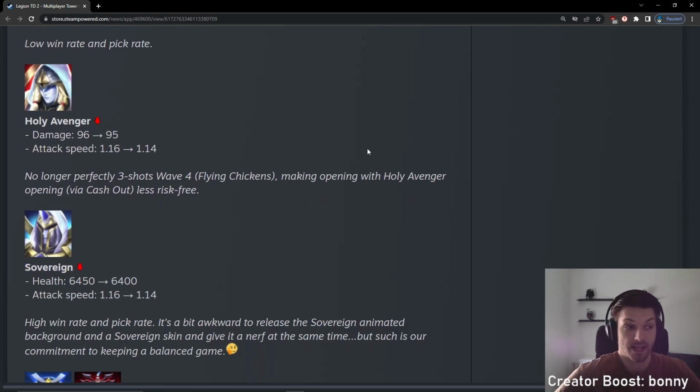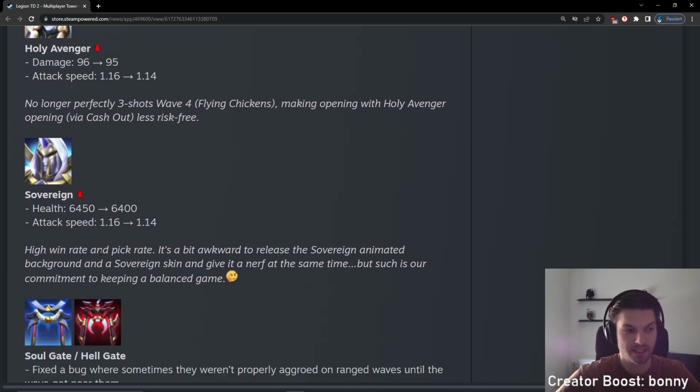We have Avenger and the Sovereign getting nerfed once again, a little bit of attack speed nerfs on both of them. Then we have a damage nerf on the Avenger, which makes it not 3-shot wave 4 anymore. So now you're able to leak wave 4, quite likely, unless you add some stuff. And apparently the Sovereign does have a too high win rate, so a little bit of an HP nerf is